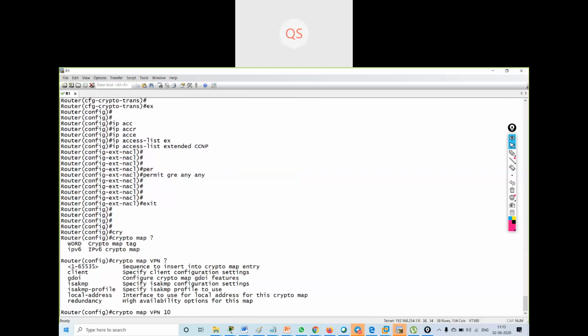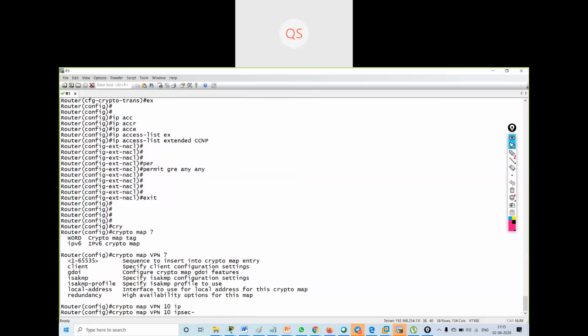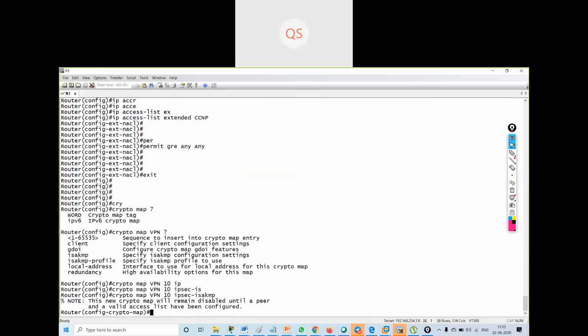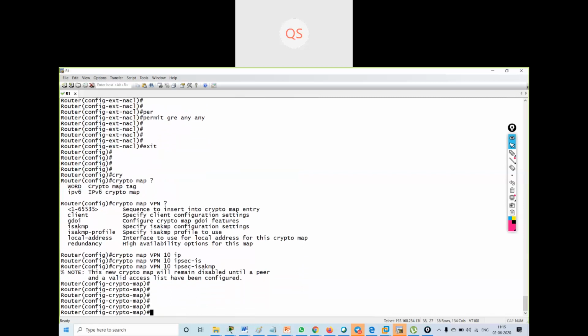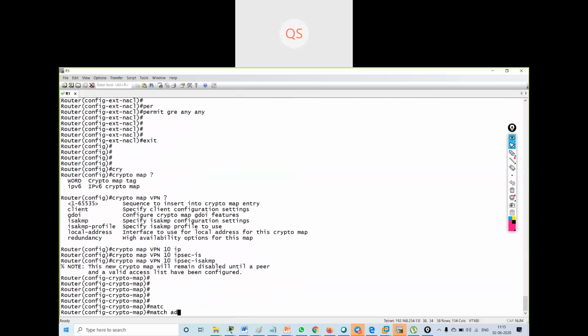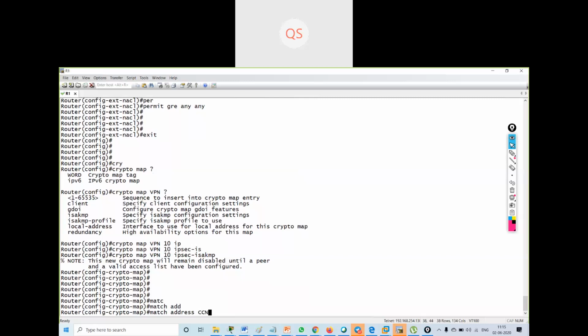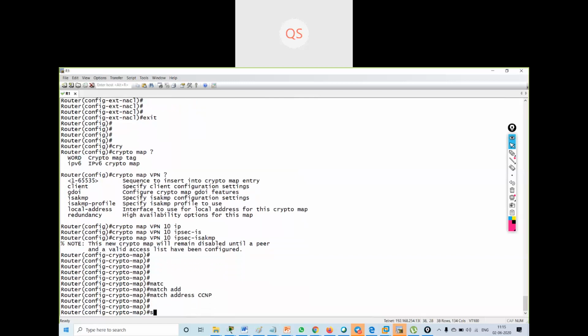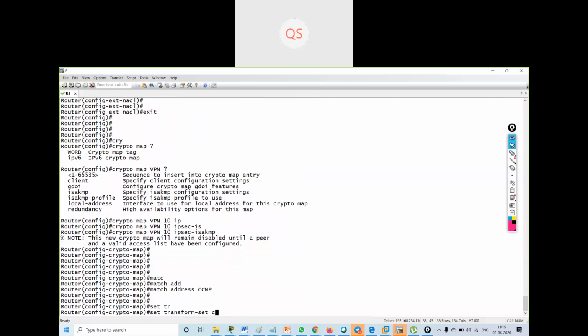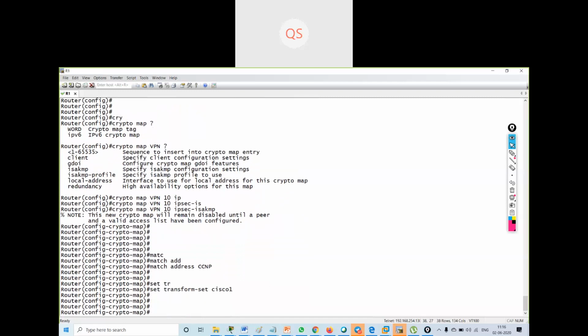The policy is of IPsec ISAKMP. Then I have to match the address that is given in CCNP. Then set the transform set Cisco 1. Then set peer, on R1 the peer will be 198.51.100.2.